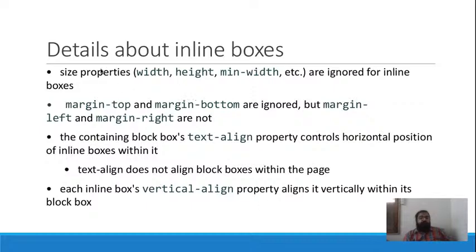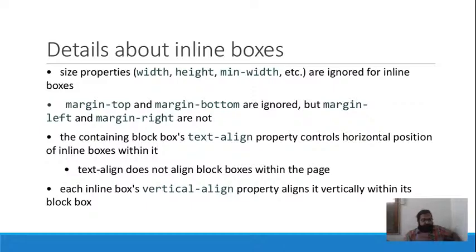So you can have the boxes having the properties, size properties, width, height, minimum width, which are ignored for inline boxes, and margin top and margin bottom are ignored, but margin left and margin right are not. And the containing box block's text align property controls the horizontal position of the inline boxes within it. So with text align right, you will control where the text will be aligned. And text align does not align block boxes within the page. So you should understand that